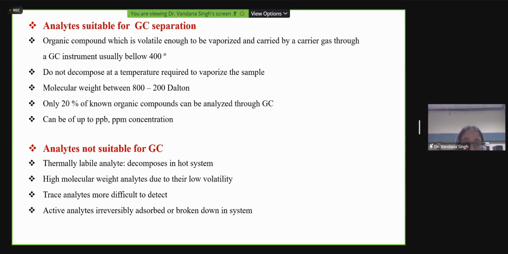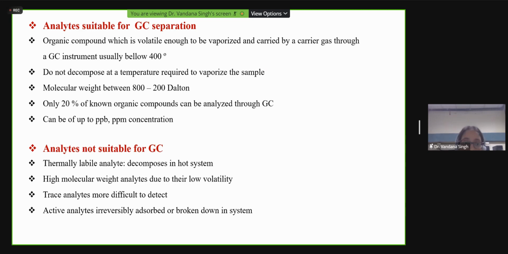So actually the injector chamber diagrammatically we have represented here, and it looks like this, where this is a rubber septum, and this is the outer wall which is made of metal blocks to generate the high temperature so that the sample can get vaporized, and the inner liner of this injection port is made of glass, which provides an inert environment for our sample, and there is a carrier gas inlet through which the carrier gas, which is kept in the gas tanks, will move inside this injector port,